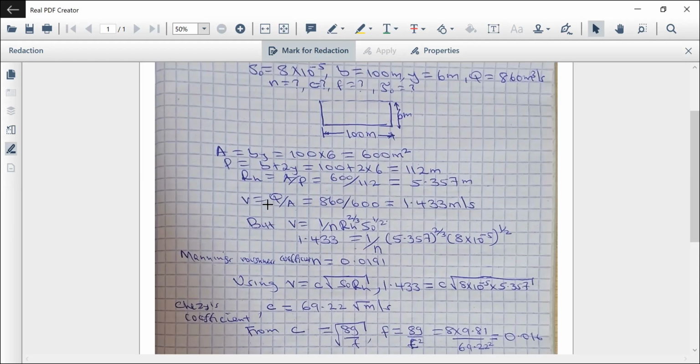Then from the equation of continuity, we know that Q is given by AV, which means V is given by Q divided by A. When you make V the subject of the formula, V becomes Q over A, which is 860 divided by 600, the area we calculated, giving us